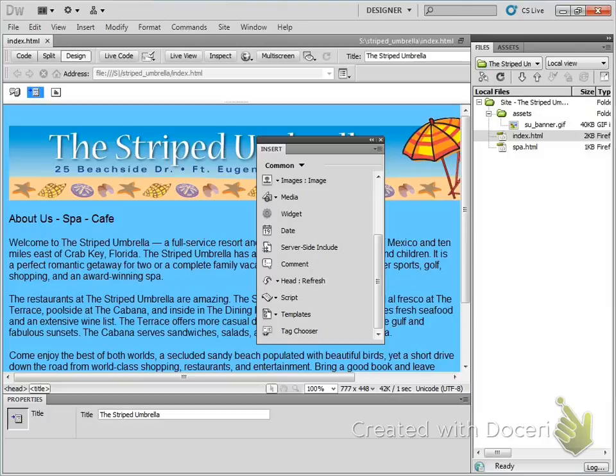Script, templates, head, everything like head, like you have an inkling of what category it is because this is the head category. Under head, you're supposed to choose,